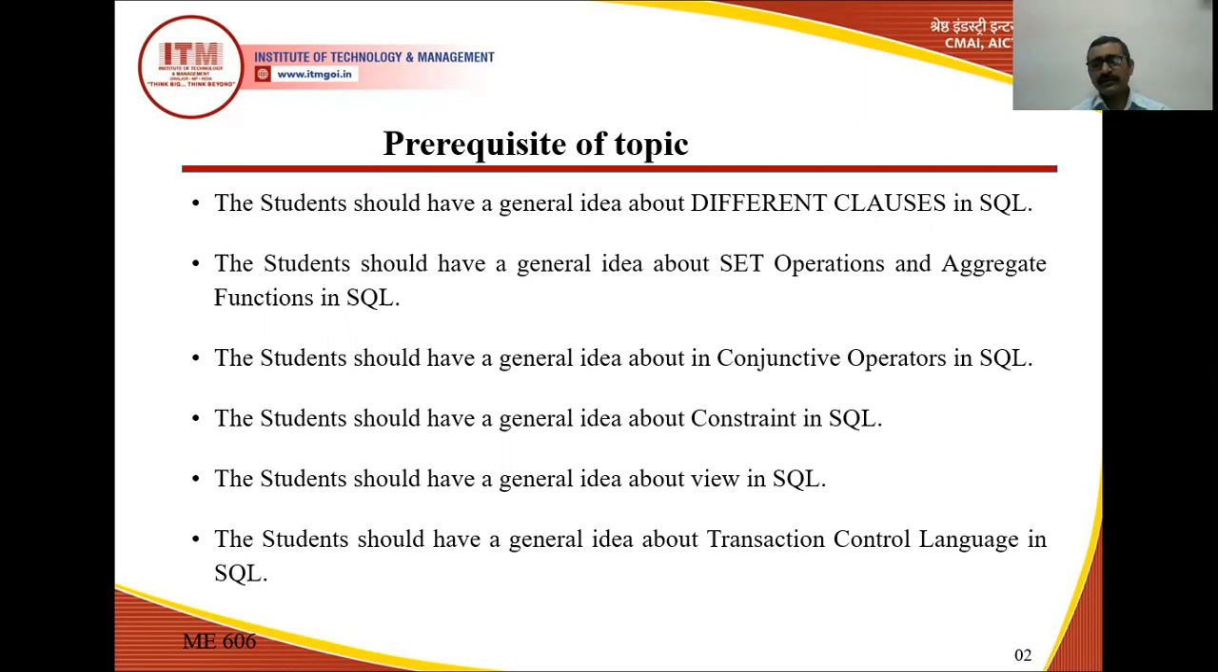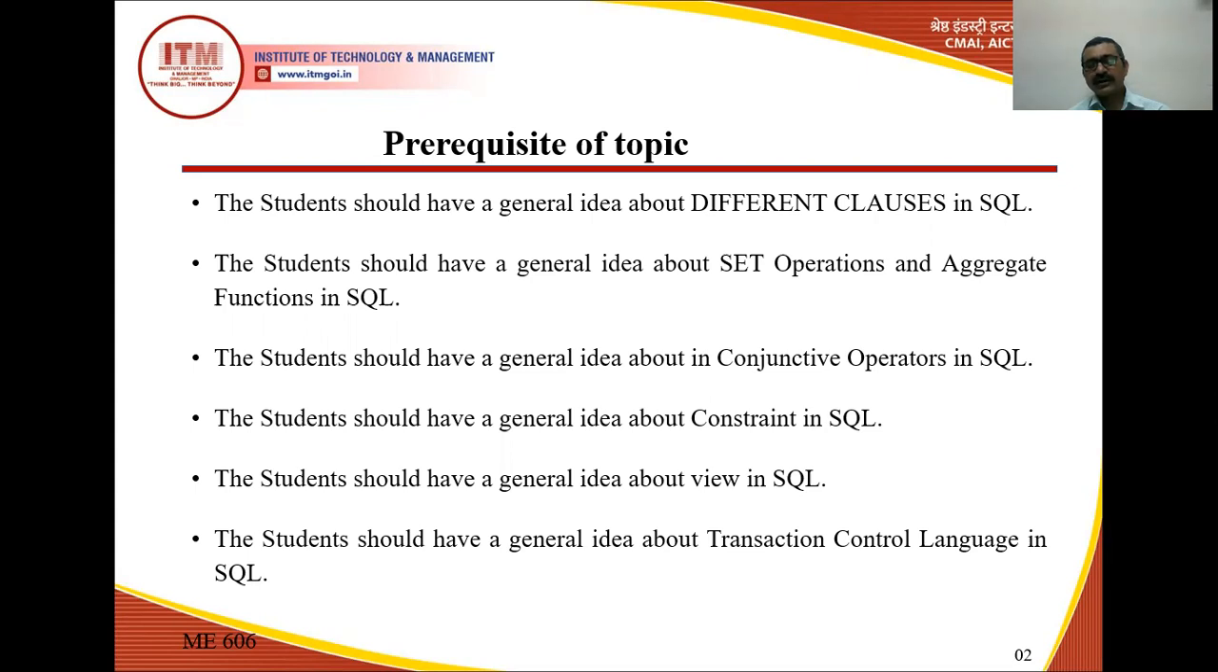If you want to choose a particular column, or selective columns in a particular table, we can use the view function. Then after that, students should have a general idea about the transaction control language in SQL. What is a transaction? A transaction is when you change or modify the database. These types of changes and updates to the database are known as transactions, and they provide the basic